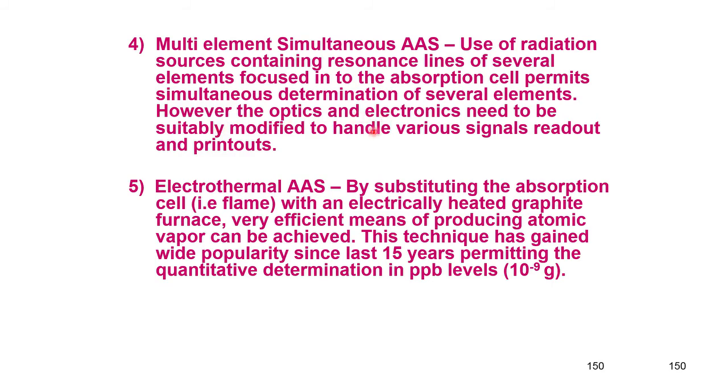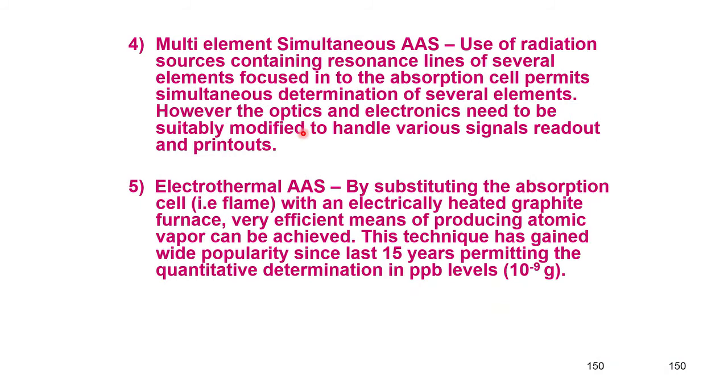However, the optics and electronics need to be suitably modified, because you have to collect the radiation of 2 or 3 radiation lines, resonance lines coming from the same source. So, one detector will determine one resonance line, another detector will be dedicated to another resonance line, so that 2 elements can be determined. Like that I can go for 3, 4, 5 depending upon our requirement. We will also study how all elements can be determined in one shot, that we will study later. Okay. Now, coming back to this,